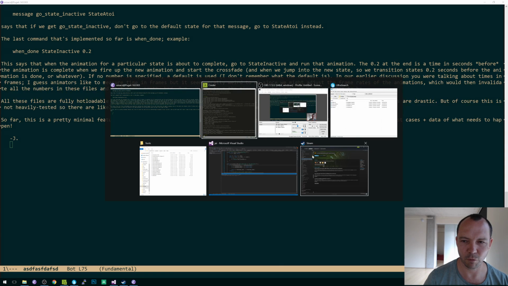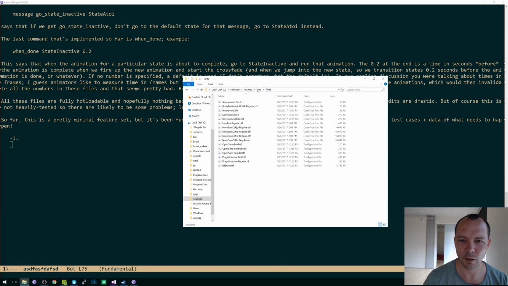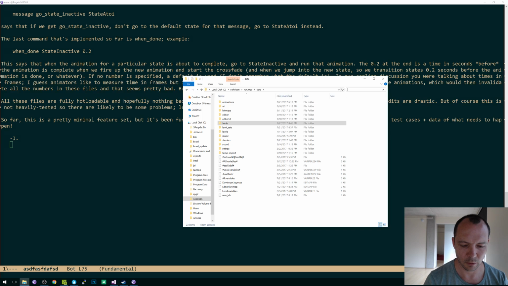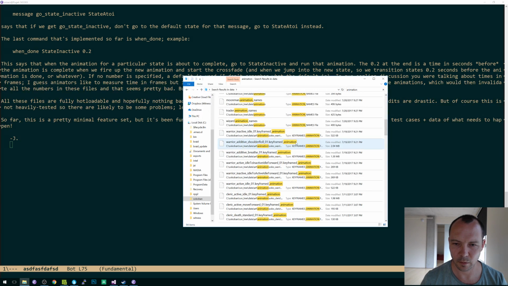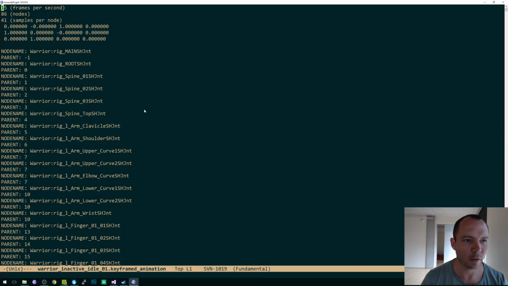Where are the animation files? Okay, here we go. So basically we say, here's the frame rate, here's how many bones there are,